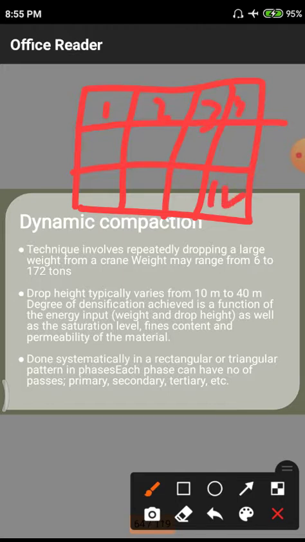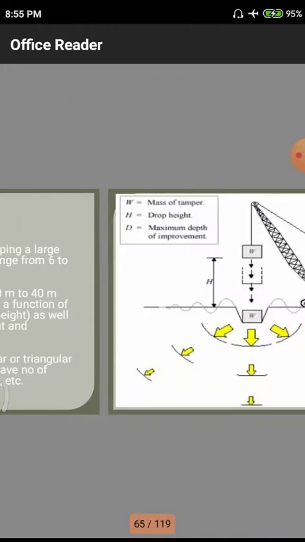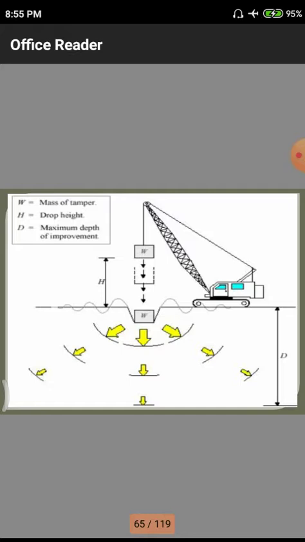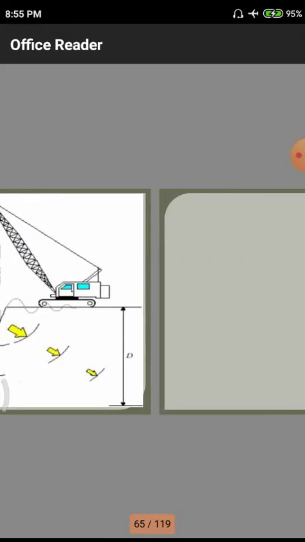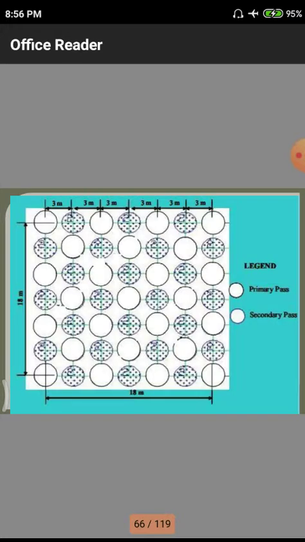For each classification, that means for one part, we need to have some sort of droppings. So due to those droppings, we are having some sort of freedom on that particular area. Likewise we need to do on each and every part, so that we have some sort of classification in the shapes of rectangular or triangular or circular patterns. This is the pattern. This is the particular pattern.